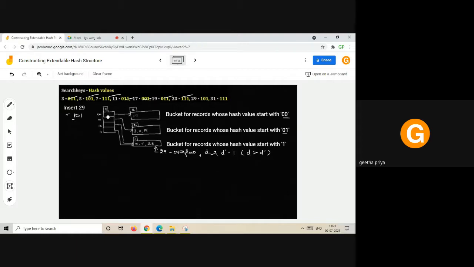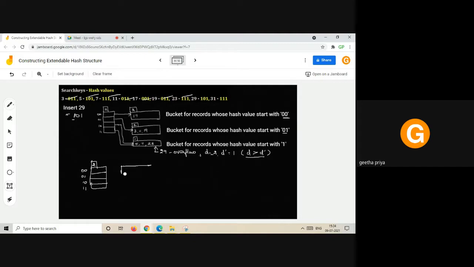No need to disturb these directory entries because the condition is D greater than D dash only. So we'll construct the directory. Nothing is disturbed except we have to increase the local depth of the overflow bucket. Write everything as it is. Okay, and in the first two buckets, no overflow has occurred.